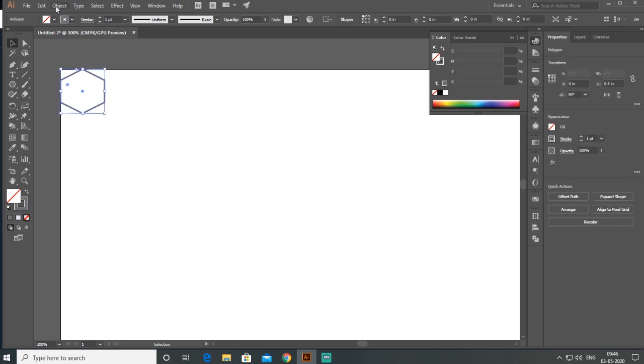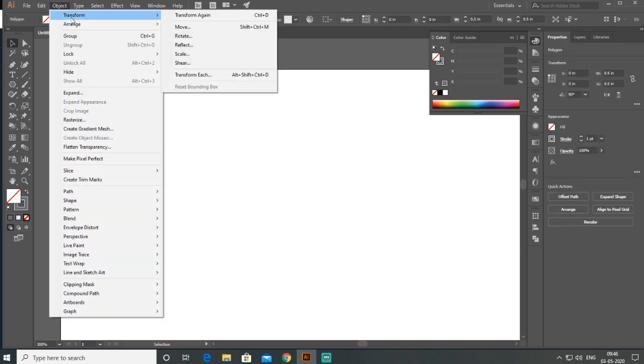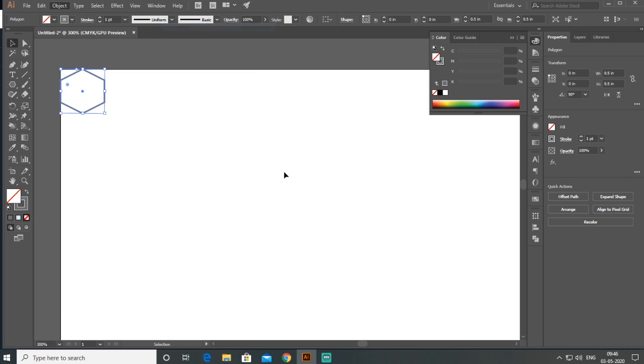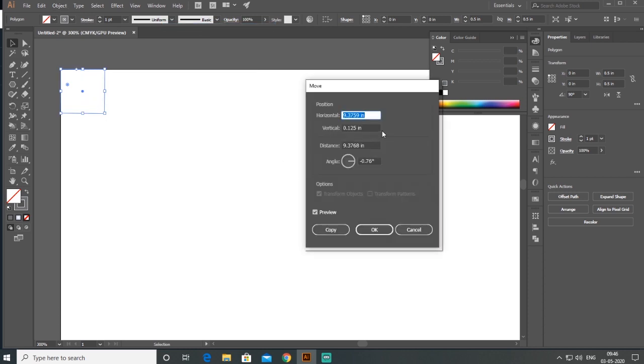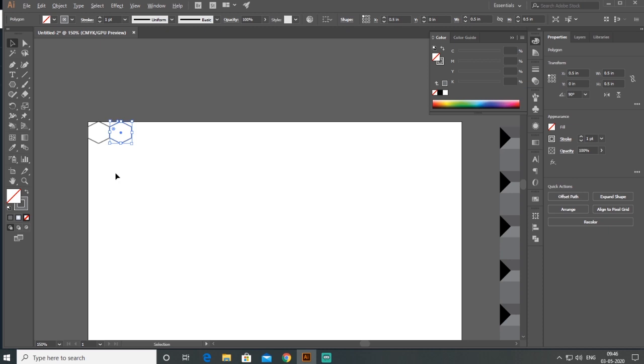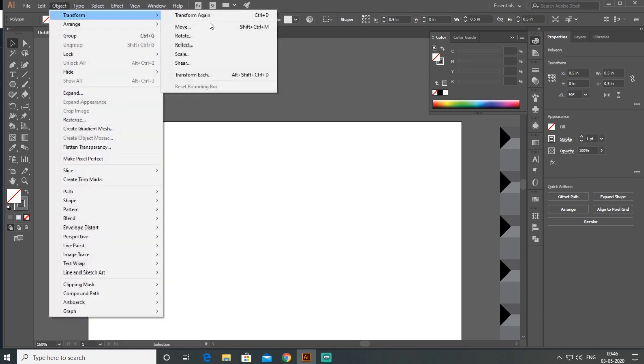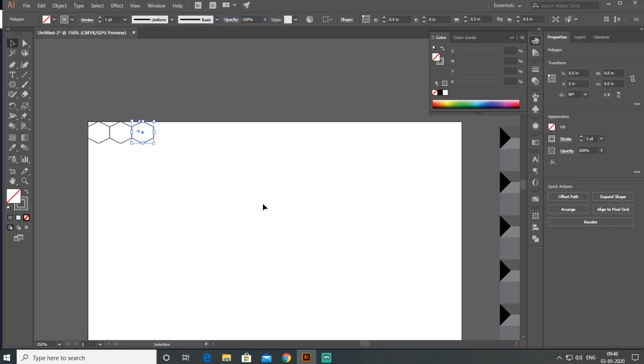Then I select the object and go to Object, Transform, and move it horizontally 0.5 inch and vertically 0. Then I copy this, and now I am using Transform Again.